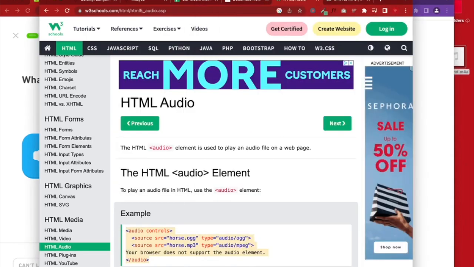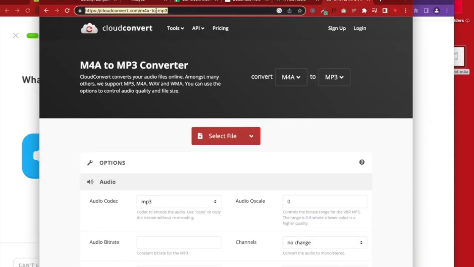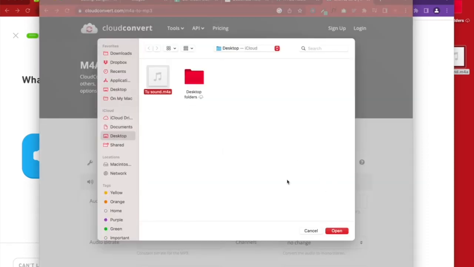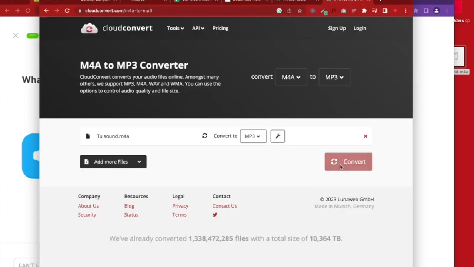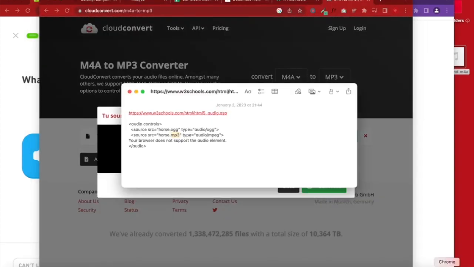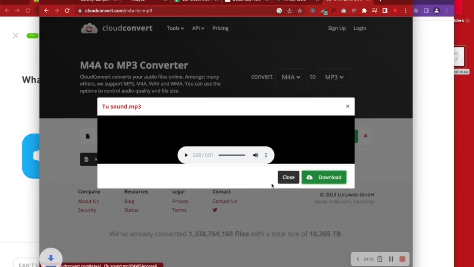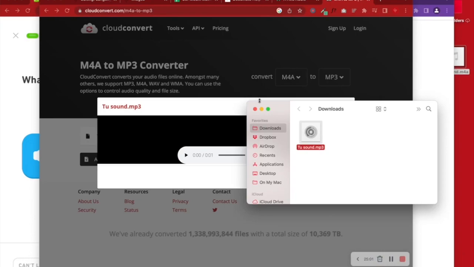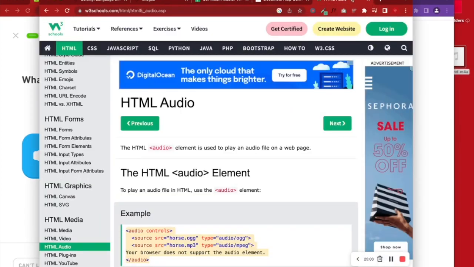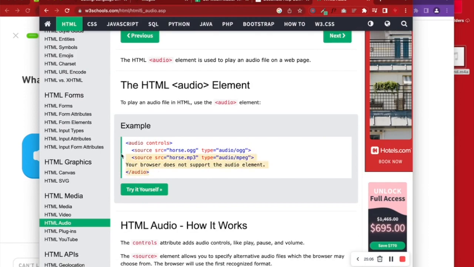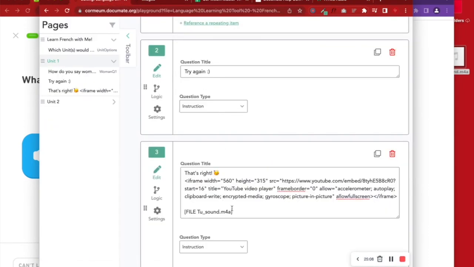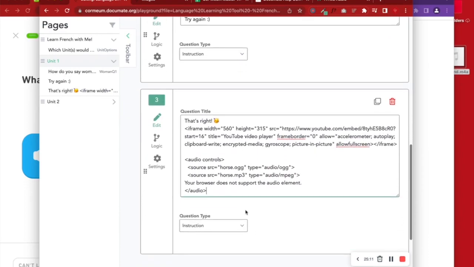So I'm going to just look to see if there's a converter. So here I found an M4A to MP3 converter. So let's try converting that and seeing what happens when we try this. And I'm just going to take note of that one as well. Download this. So now we have an MP3 to play with. Okay, so let's see if we can try adding this code instead of this file type one. So we have audio controls, audio source